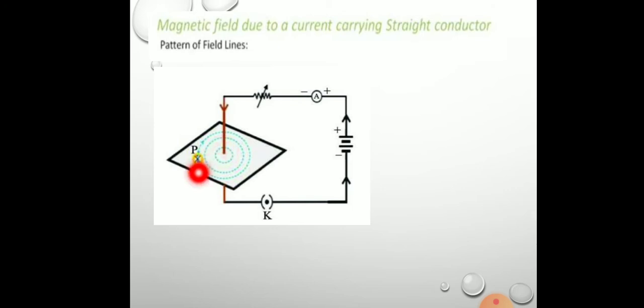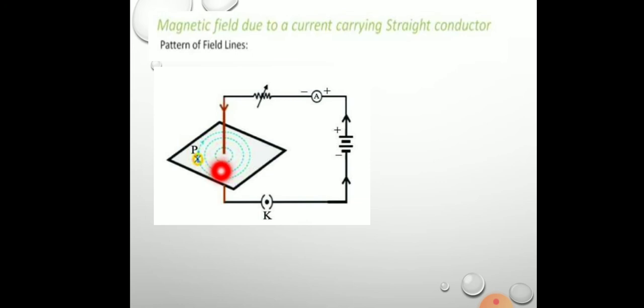If a small compass needle is placed anywhere on this cardboard, here you can see the compass is placed at a point P. When it is placed on the cardboard, the direction in which the north pole of the needle points gives the direction of the magnetic field, at the point which we have marked with the arrow. From this magnetic field line pattern, we can observe that the current was varied and the iron filing pattern was observed.